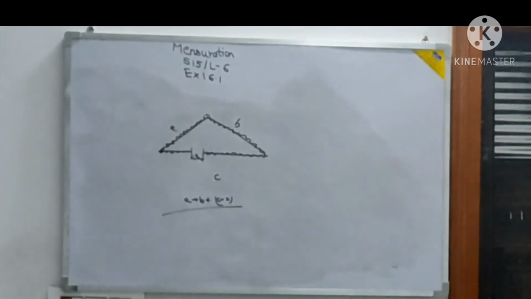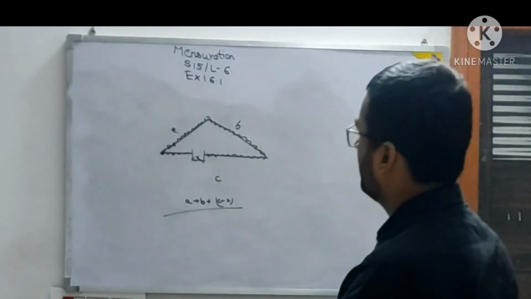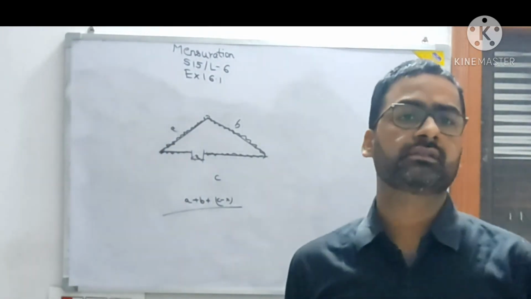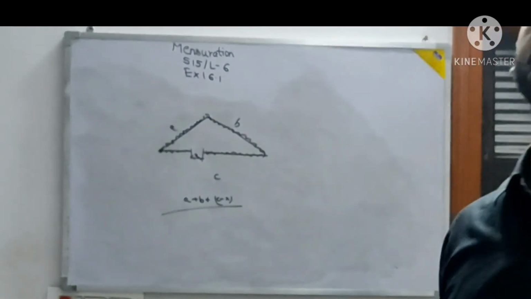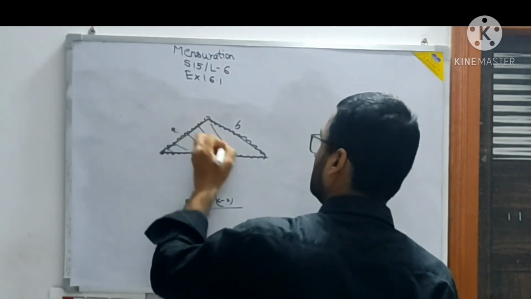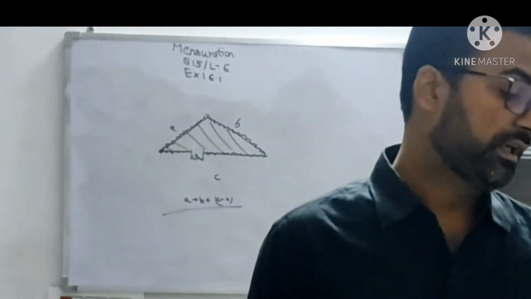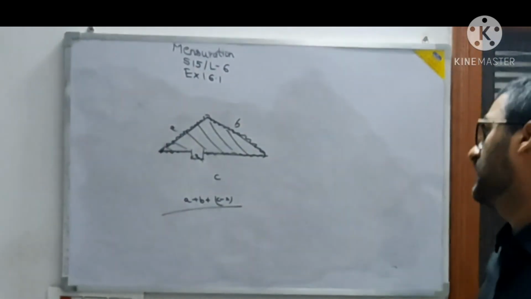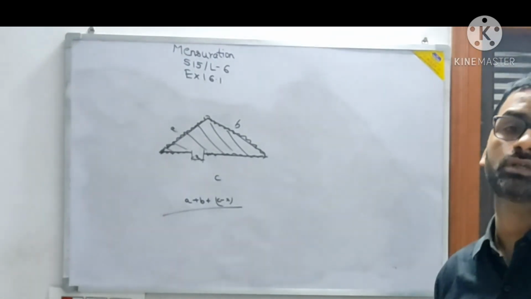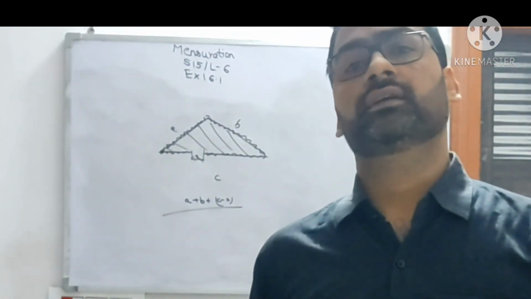You will take that for consideration. On the one side the gate is there. And the area planted will be the region inside this. The area is all this shaded portion. So the difficulty level is not much for the questions. I'll request you all to study properly and solve the questions from the solved examples. If some questions are there, do let me know. In the coming lectures, I'll be taking up those questions.